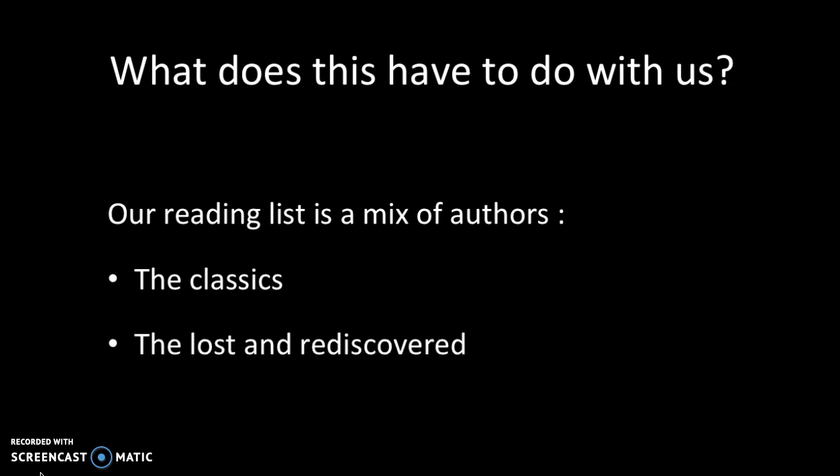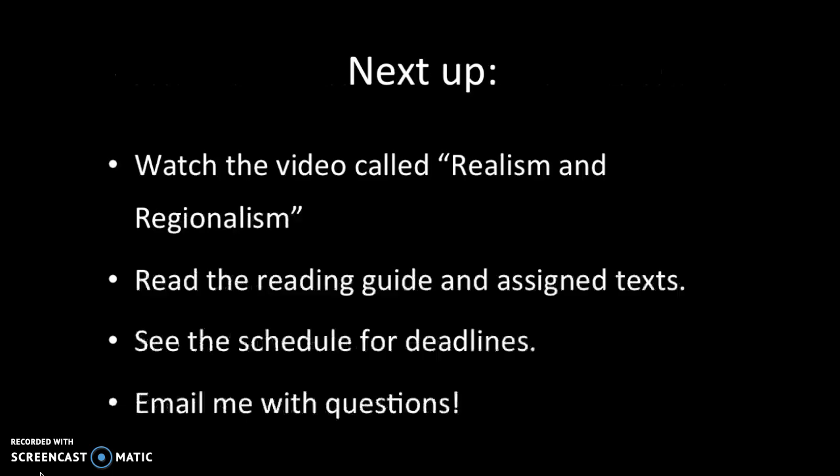We'll also be reading works like the short story by Mary Wilkins Freeman that we'll read the first week, which got lost for a while and then rediscovered. Works that were widely considered to be excellent, and then whoever was in charge kind of forgot about those authors, and they've been rediscovered more recently, and their literary excellence has been celebrated again. And we'll be ending, since this class goes through the present day, with newer works that maybe aren't canonical yet. They aren't part of the canon yet, but might be years from now.